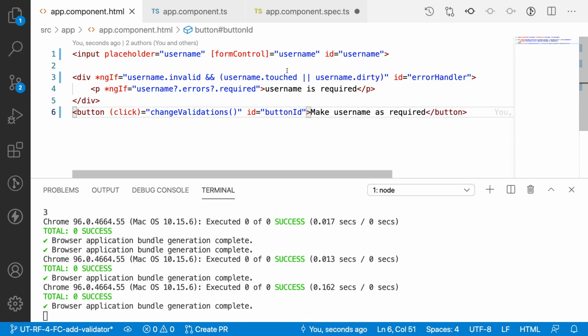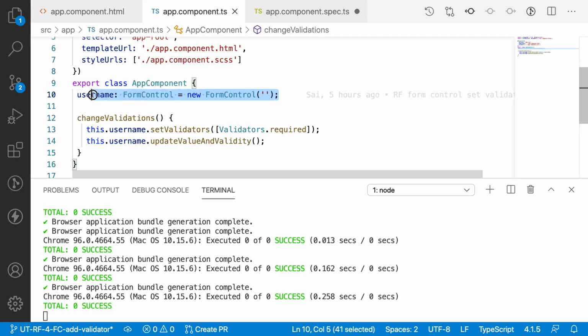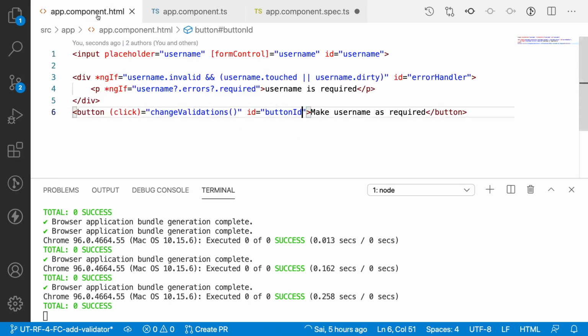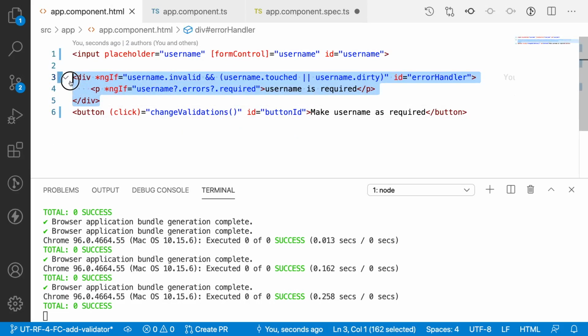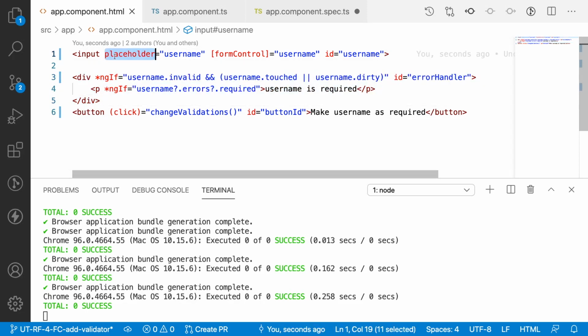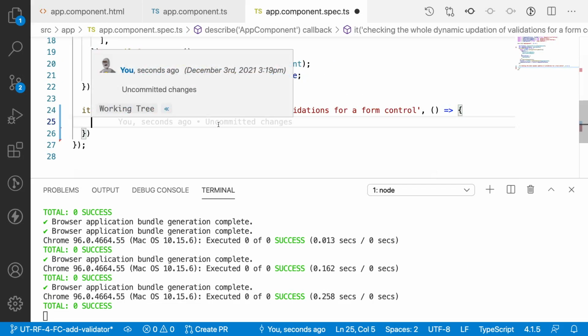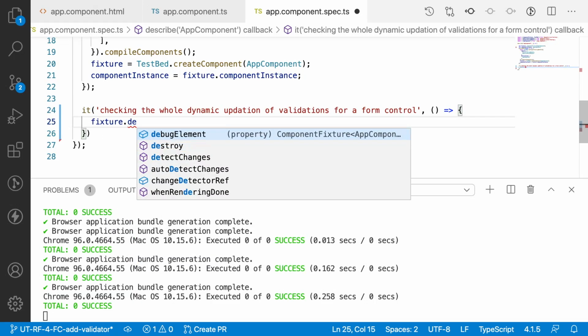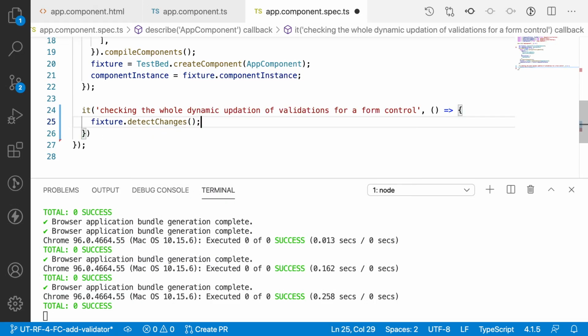I have three IDs. For the first time there are no validators assigned to this username. So whenever there are no username validators, I will not get this particular div element when I touch this input element and come out of it without entering any values. The same way we will check here. Before checking that, fixture.detectChanges, let me detect the changes so that the username form control will be bound to my HTML content.